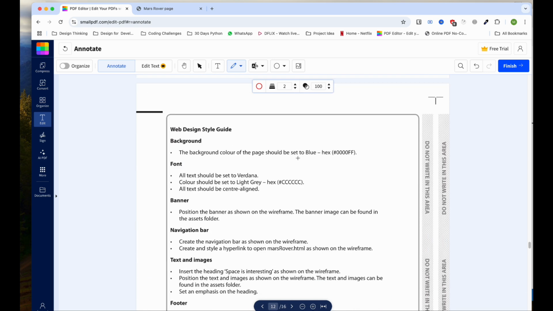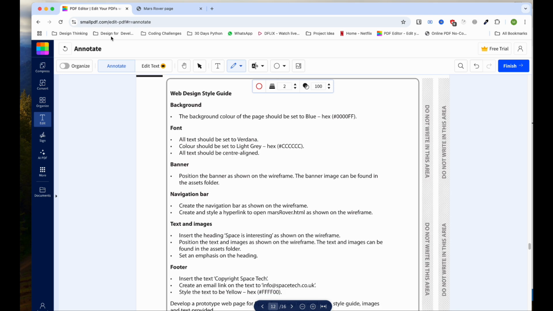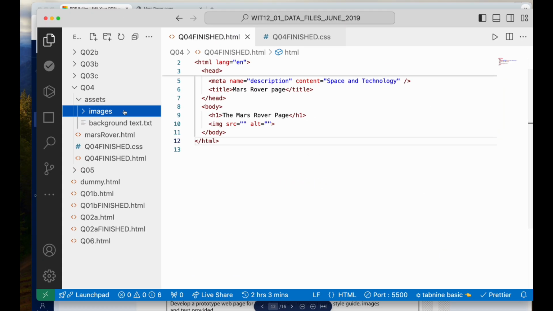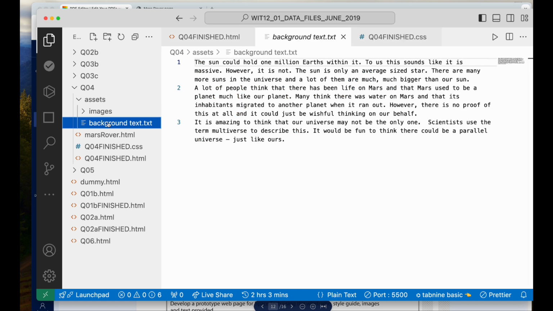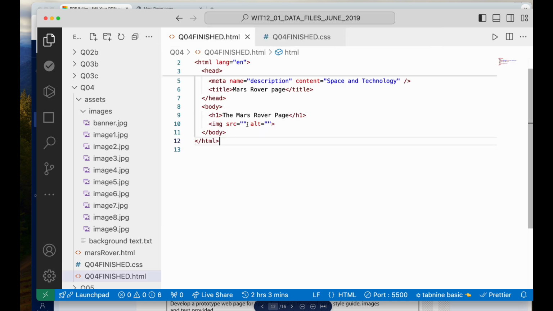Okay, the background color of the page should be at this one. Banner image can be found in the position of the banner. Okay, this one is the banner image. You already get it. This one is the banner image. So what we'll do,